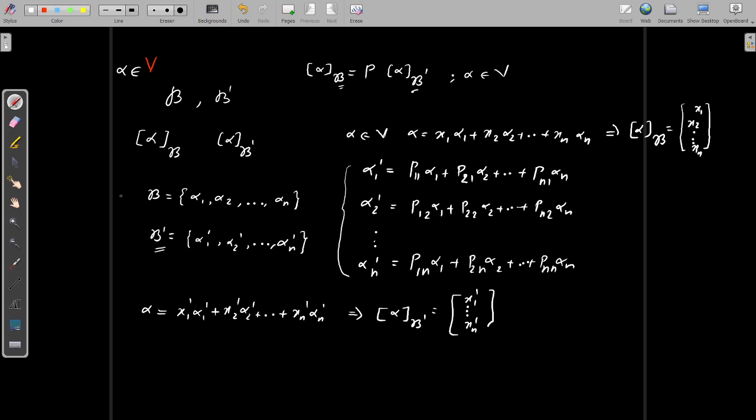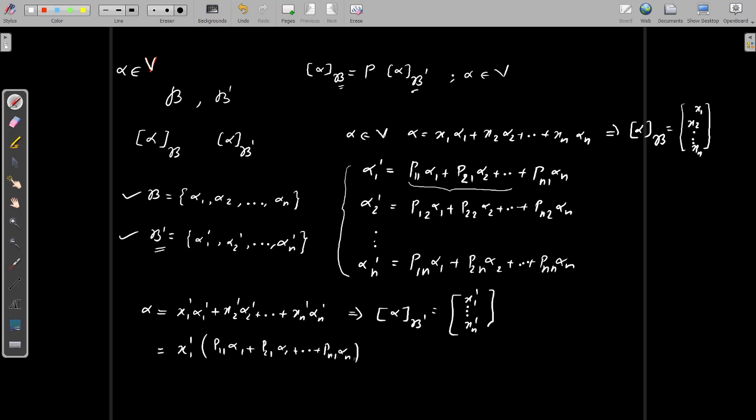So our assumption is B and B prime are two distinct ordered bases for this vector space V. Now we replace. This x1 prime times alpha 1 prime can be written as this combination. So we can write it as p11 alpha 1 plus p21 alpha 2 plus etc. pn1 alpha n